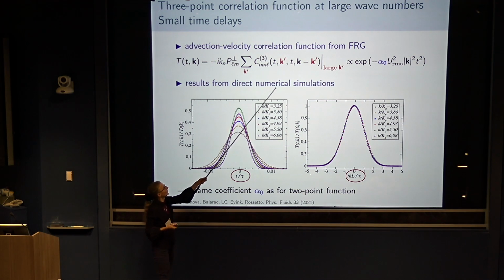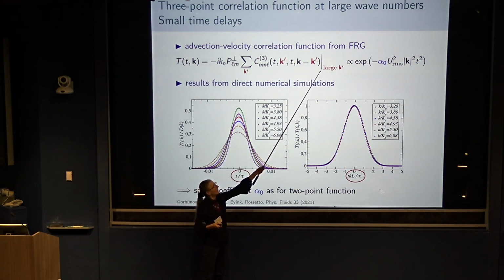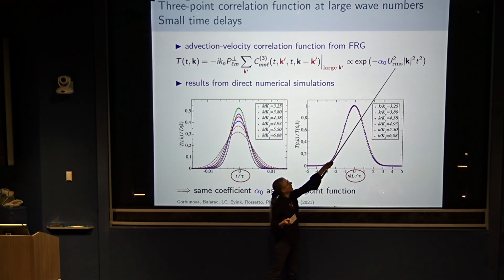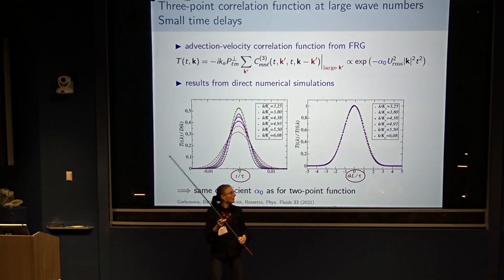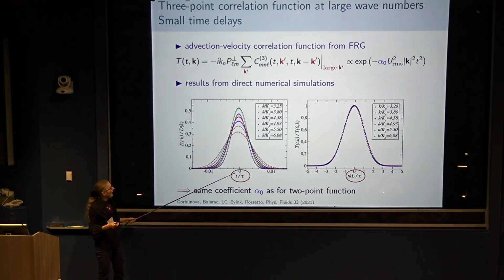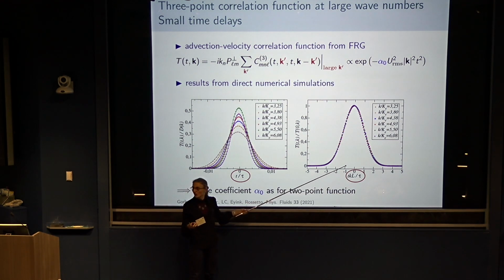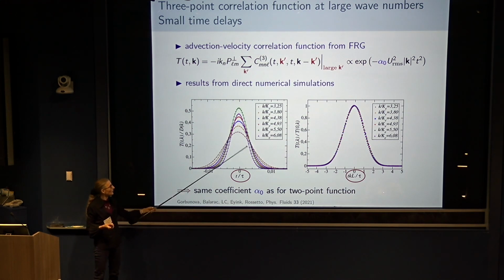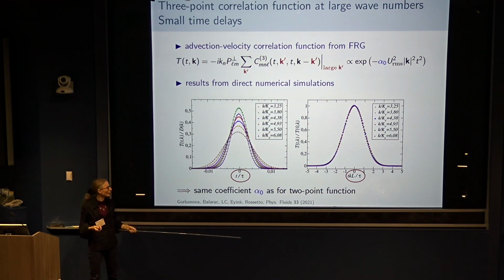the general three-point function. And if you look at what they are at large k, because the prediction of RG is only valid at large k, it tells you that you should, again, obtain a Gaussian in kt for this specific observable. And this is what we observe also in the numerics, so the dots are the numerical points. As a function of t, they are all fitted by Gaussians, and everything collapses when plotted as a function of tk. Okay, so this is a verification for the three-point function. And also, I haven't shown it here, but we checked that this coefficient that we measure from the three-point function is indeed the same as from the two-point function.